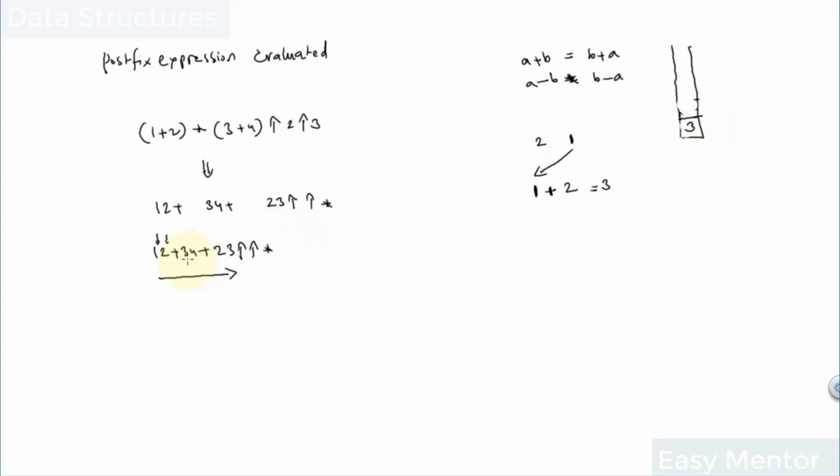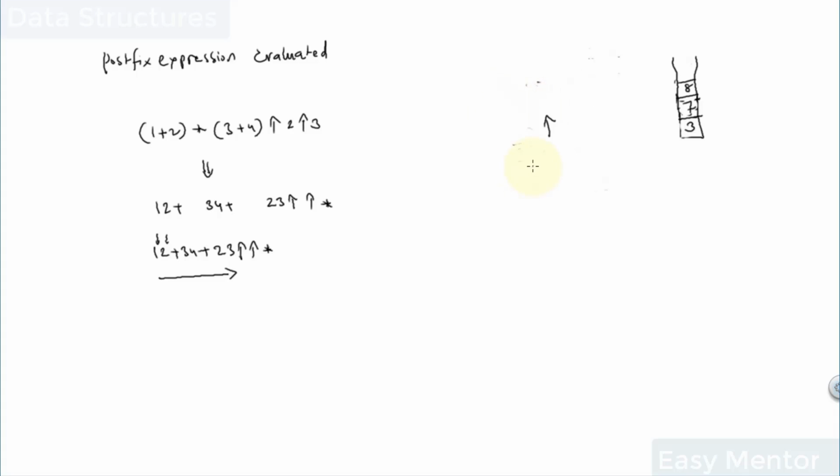The next token is 3, which is put onto the stack again. Next token is 4. Next is plus. So you take out 4 and 3, add 3 plus 4, which is 7, which is again put onto the stack. You get 2 next, put onto the stack. You get 3 next, put onto the stack. You get an exponentiation operator next. So you pull out 3 and 2 out of the stack. Now we need to be performing 2 exponentiation 3, which is what we perform here, and then the answer is 8. So these are pulled out. 8 is put onto the stack,